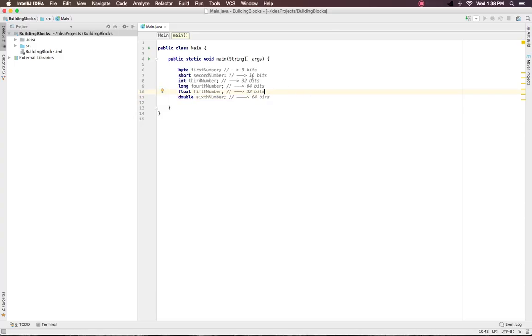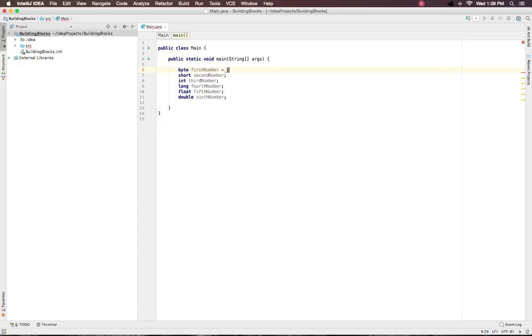Now that we've got that defined, I'm going to show you how we can store numerical data inside of these data types. So I'm going to get rid of these right here so we can add information inside of these data types, as that is what they are for. We're going to start with the byte, and to add a value to this, we type the equal sign. This is the equals symbol, and that's what we use to say,